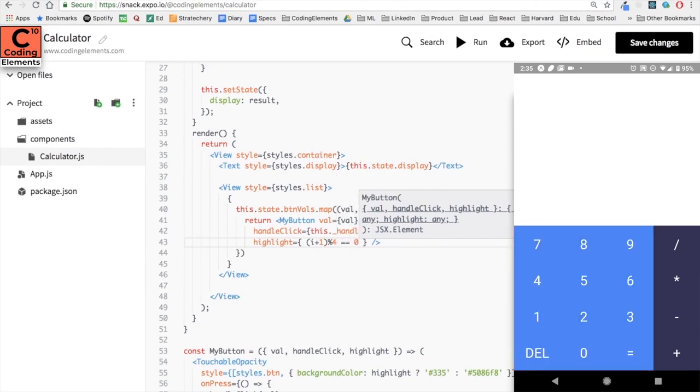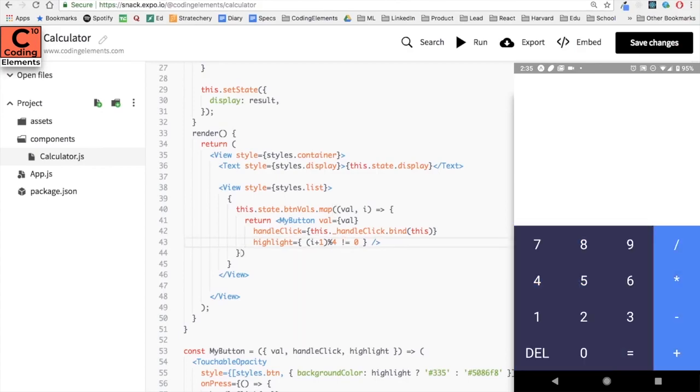And now when we add mod 4 to it, if the remainder is 0, it will tell us that it is the fourth button. So for every fourth button, the value of our highlight will be true, and for the rest it will be false. Now if instead of equal 0, I set not equal 0, then all non-operator buttons will be highlighted, and the operator buttons will be light again.